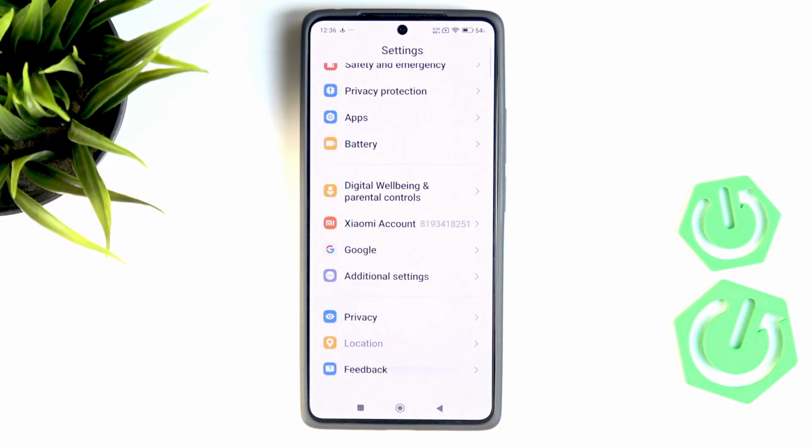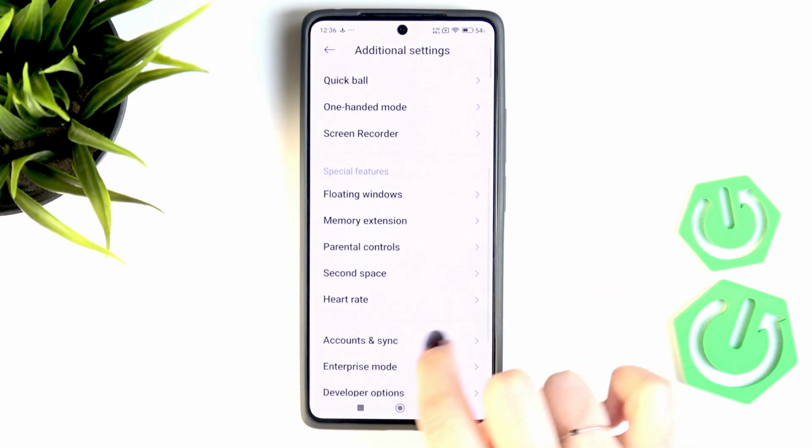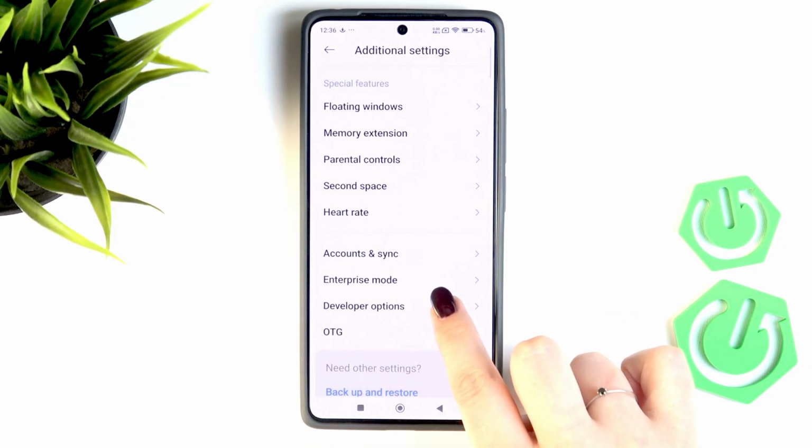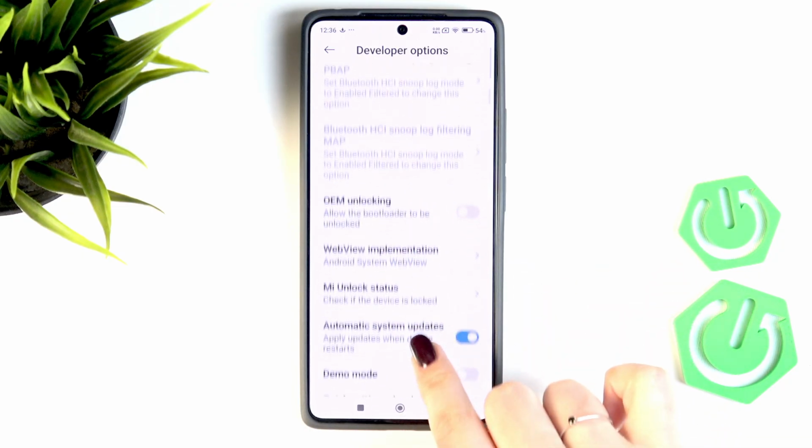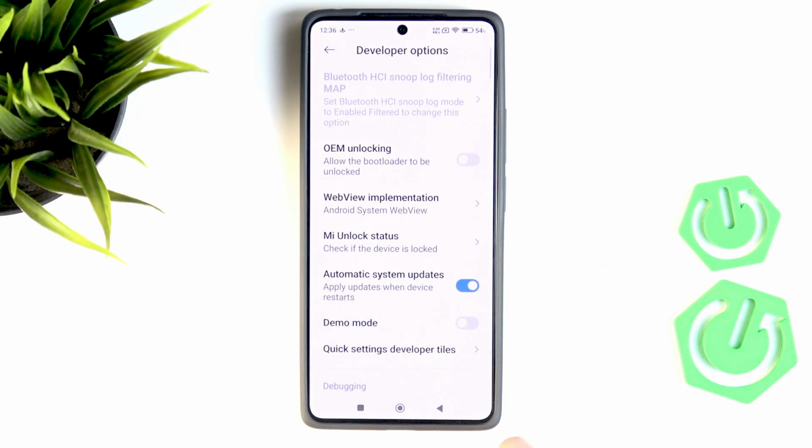Here we have to scroll down to the very bottom to find additional settings. Scroll down again and open developer options. Let's tap. So here all we have to do is to scroll down just a little bit to find this option, automatic system updates. If it is turned off in your case, then tap on the switcher to turn it on,